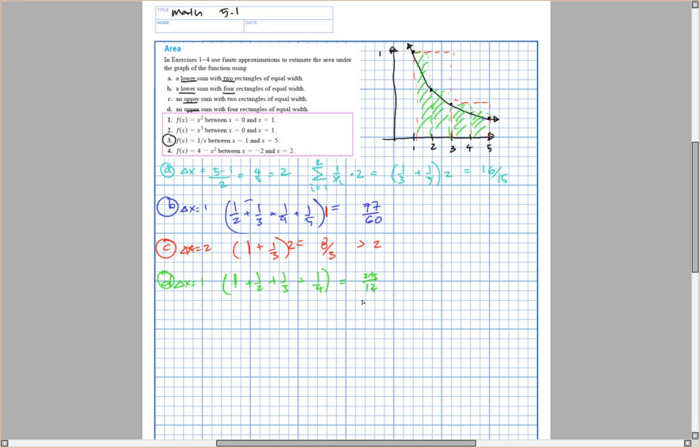So if we arrange these in terms of size, here's A, barely over 1, and then next we get B, then we get D, and we get C. So you'll notice that the larger rectangles of the upper and the lower sums provide the widest difference, and then the multiple